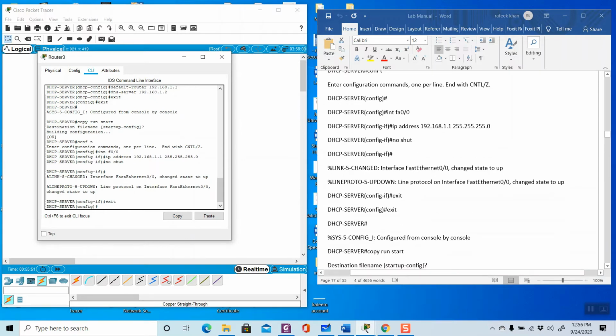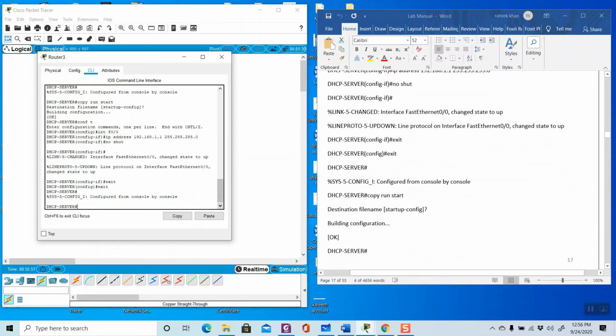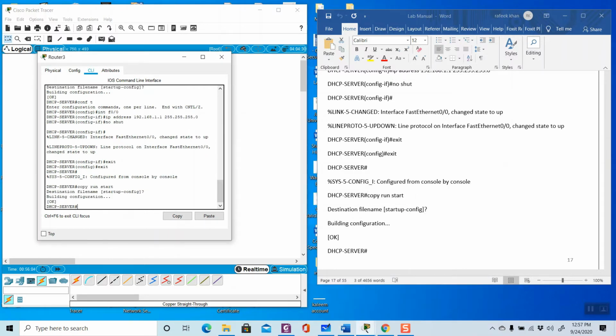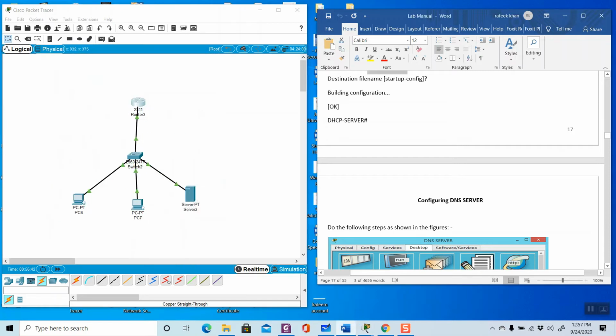Exit. Again exit. Paste it. Now we have finished the configuration of the router.